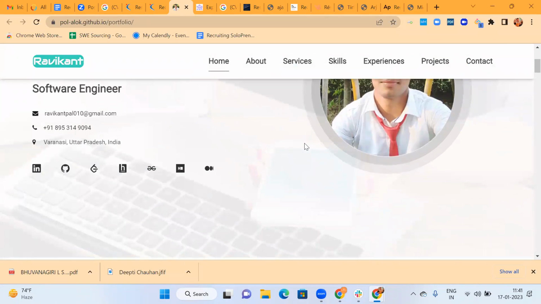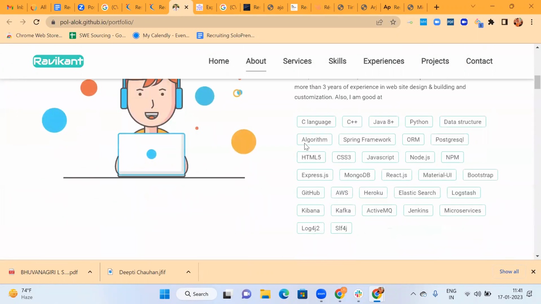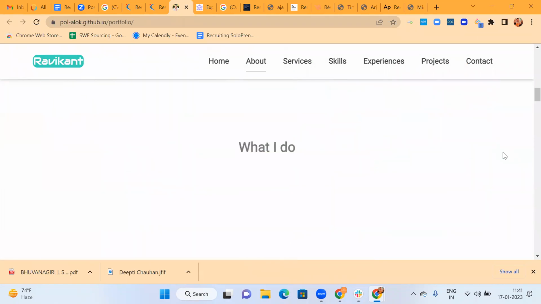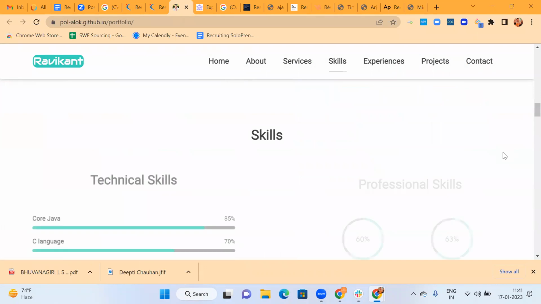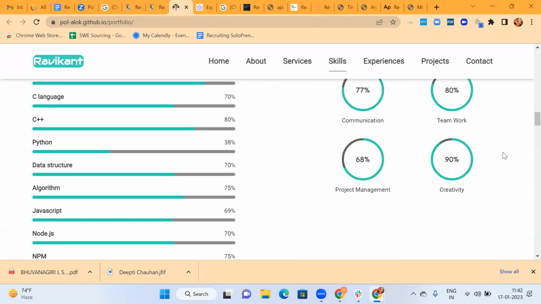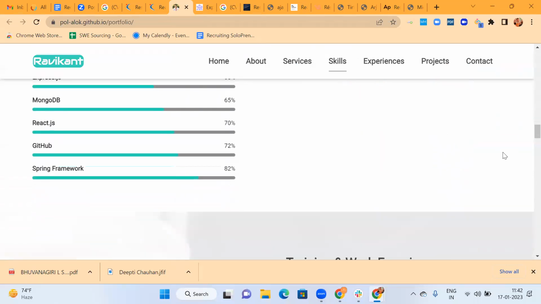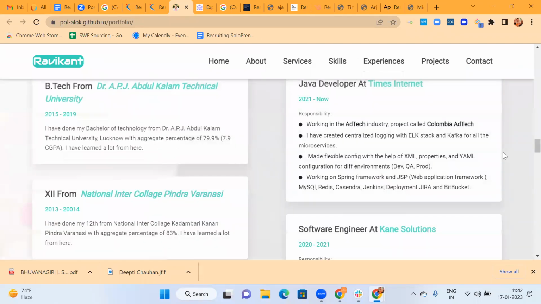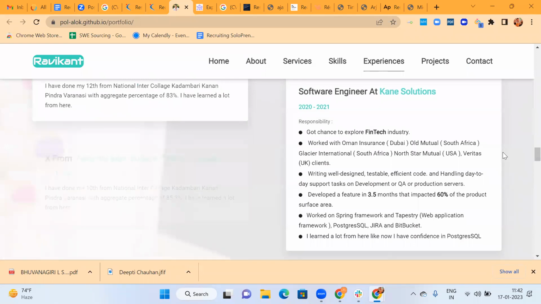Awesome. Shiv, just one question. When we start searching for these profiles, at the starting, do we make it clear that we are searching from LinkedIn only or specific portals? No, you need to search anywhere, wherever you want. At the end of the day, you should be able to get the resume.